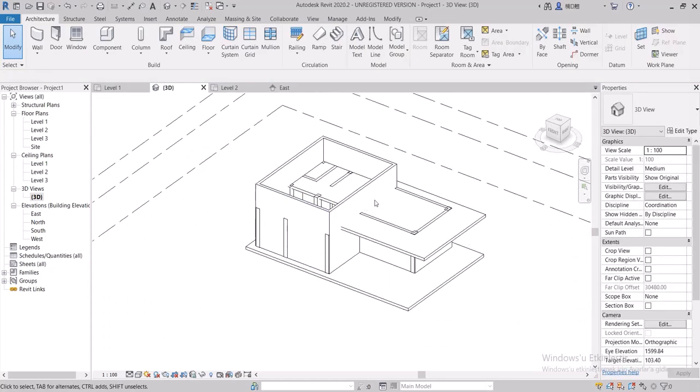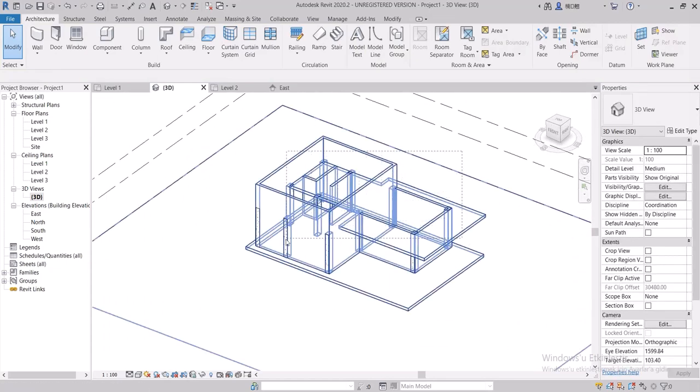Select the columns that go up to the second floor with the Filter and set the top level.